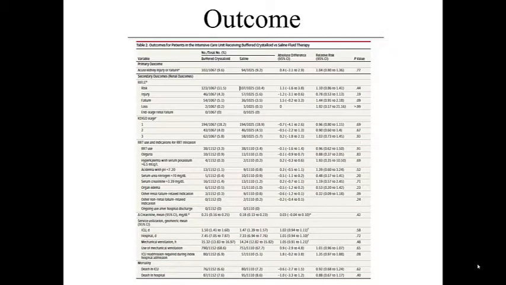So what was the result? If you look at the results of the study, first of all, we'll talk about the primary outcome. The primary outcome was development of AKI during the hospital stay, based on the RIFLE criteria. You don't see any significant difference in the development of AKI in both groups, either the buffered crystalloid solution or the saline group. The relative risk was 1.04, with a confidence interval of 0.80 to 1.36, and a p-value of 0.77, which is not statistically significant.